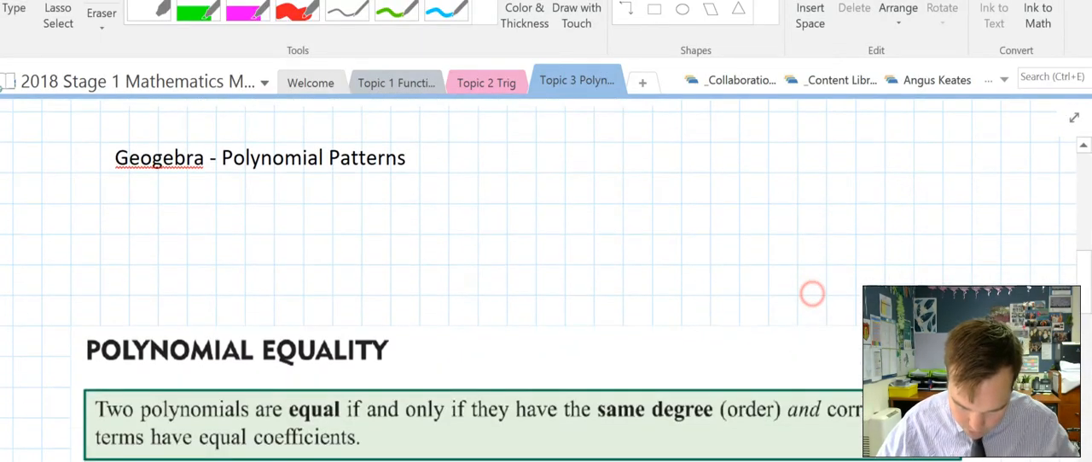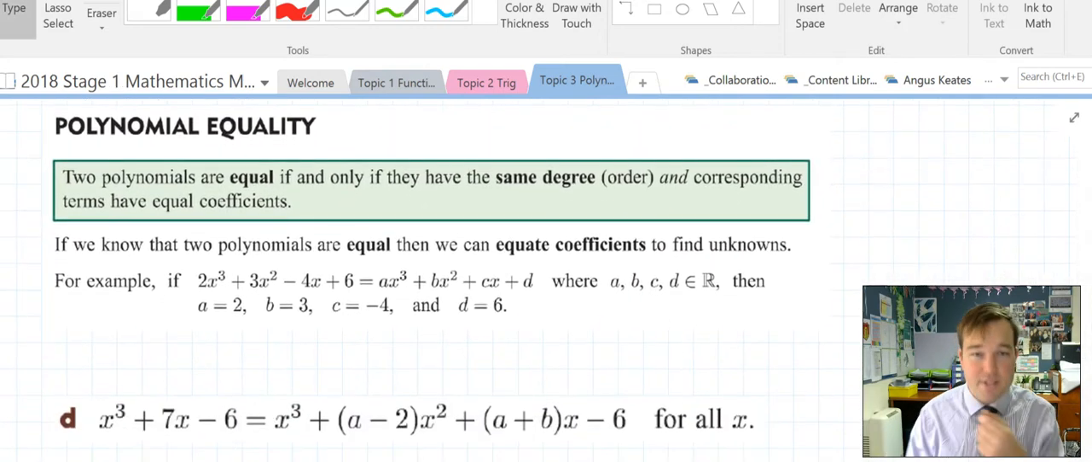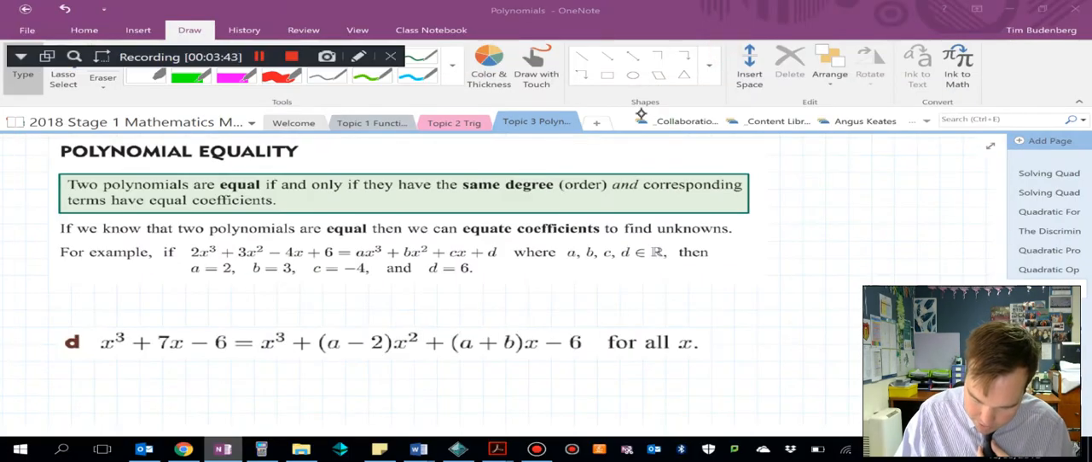Alright, so polynomial equality. We can say and solve some quite cool equations this way. If you have any polynomial written out,